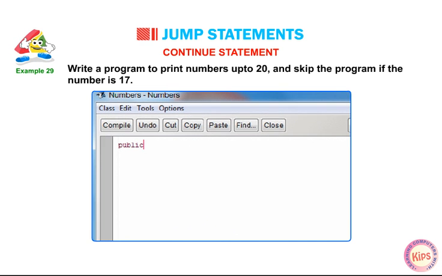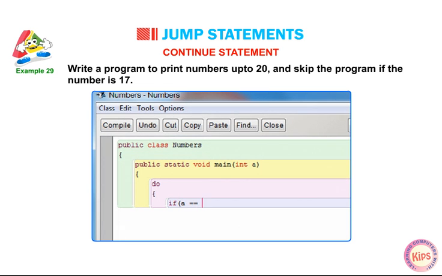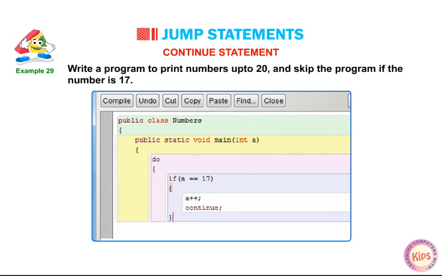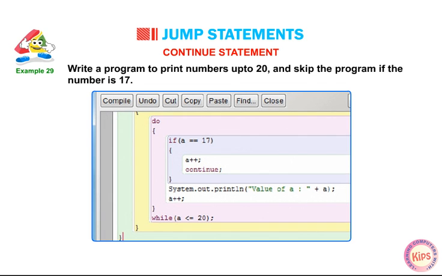public class Numbers { public static void main(String args[]) { int a; do { if (a == 17) { a++; continue; } System.out.println("Value of a: " + a); a++; } while (a <= 20); } }